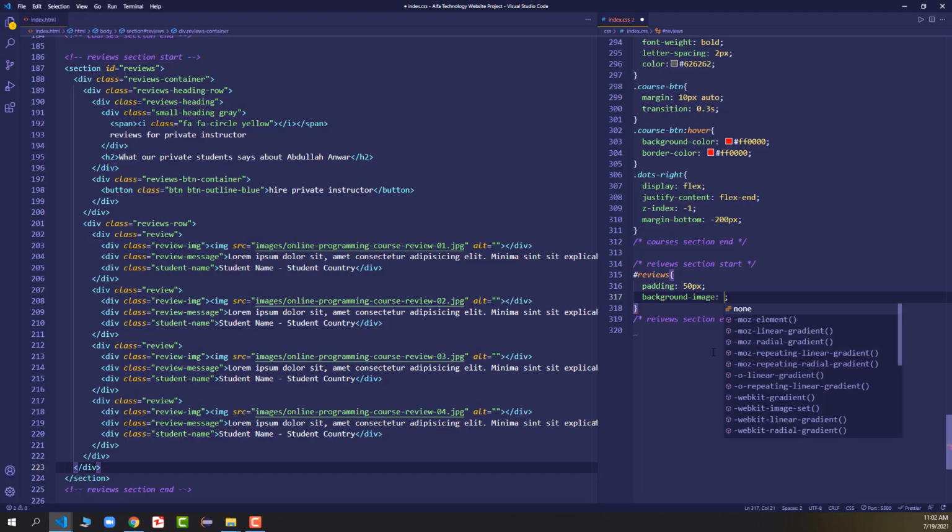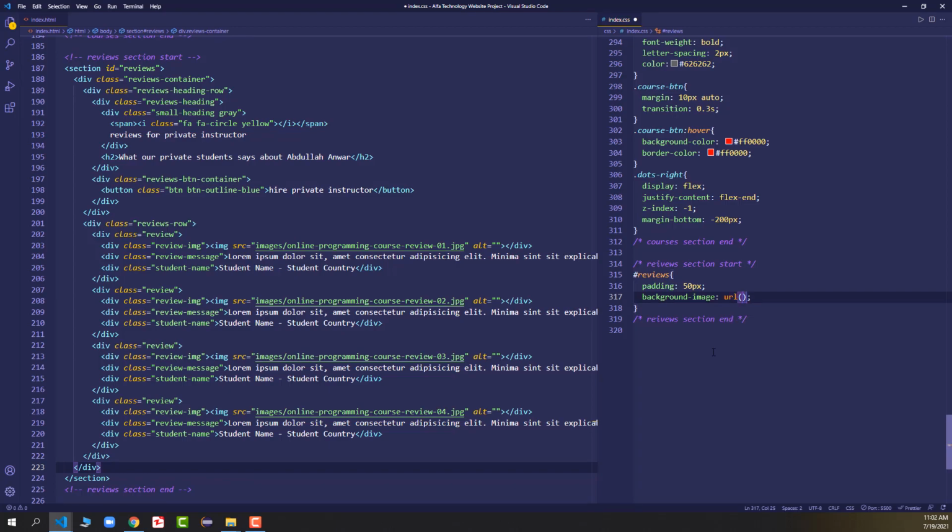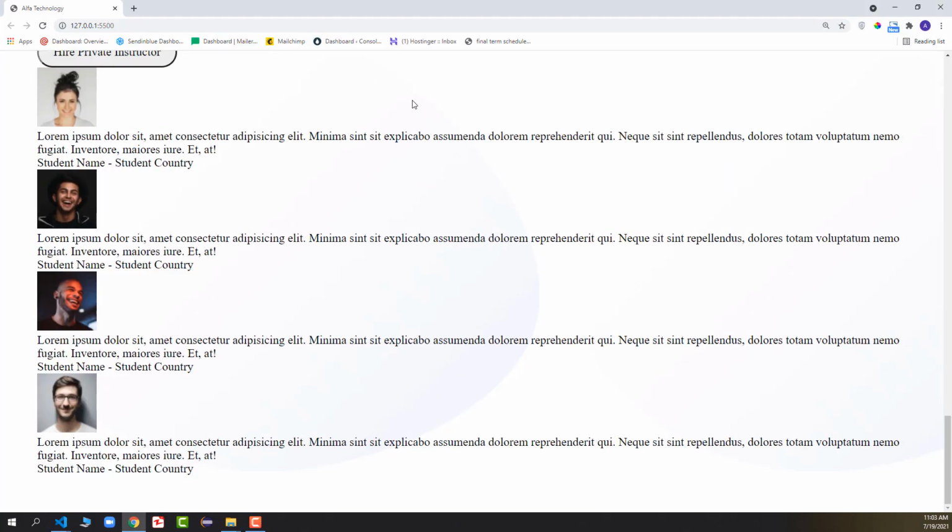So after that I will come inside the reviews ID, and here I will add a background image. So I will say background image URL /images/reviewsbg.svg. So if I save it, you can see we got an image.